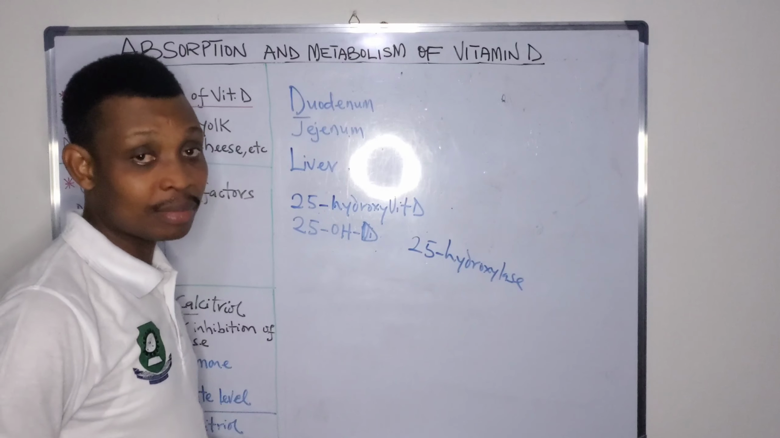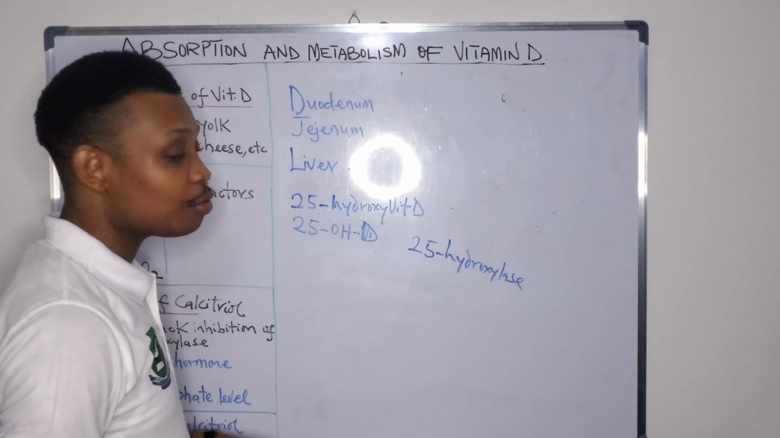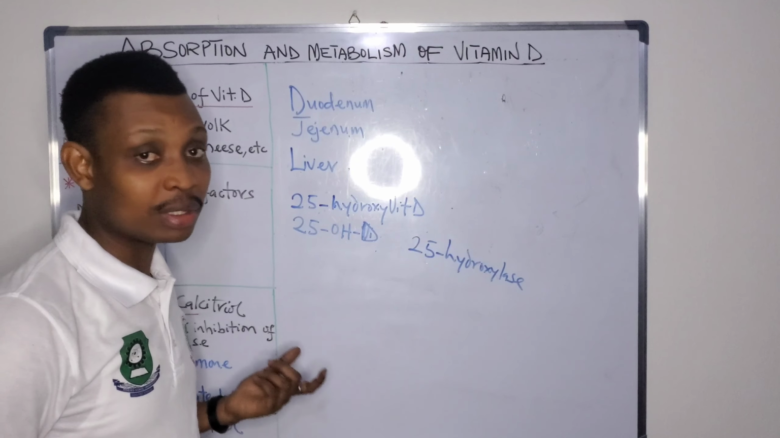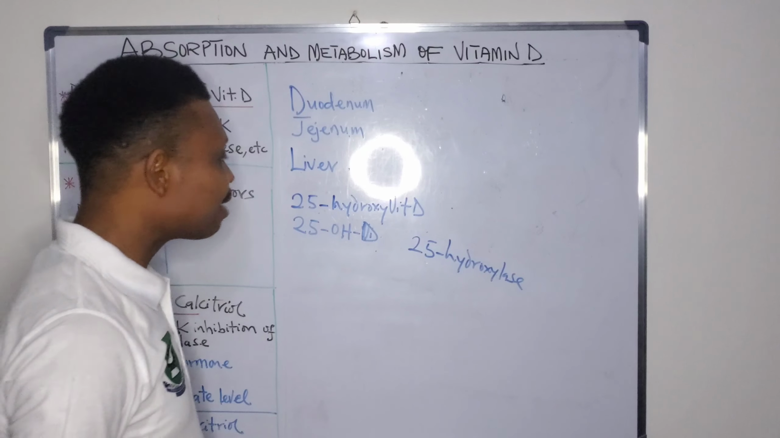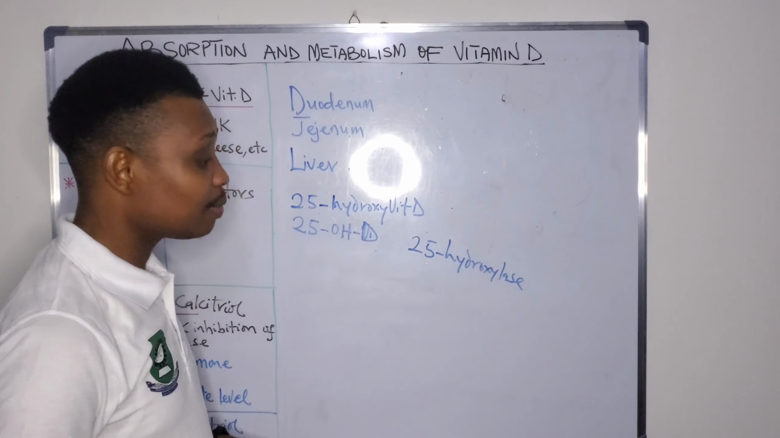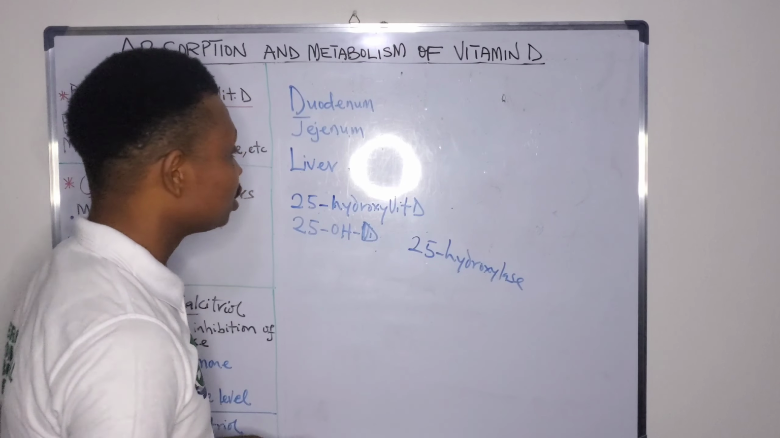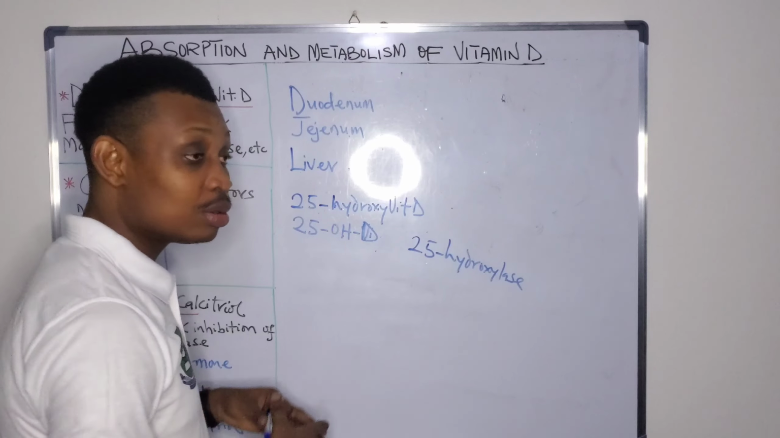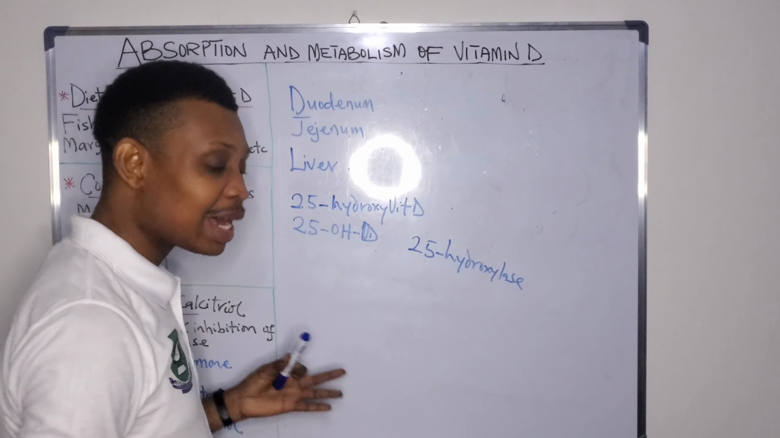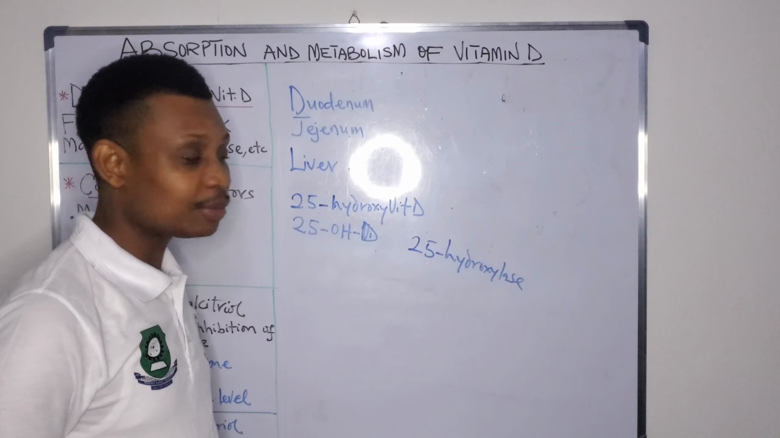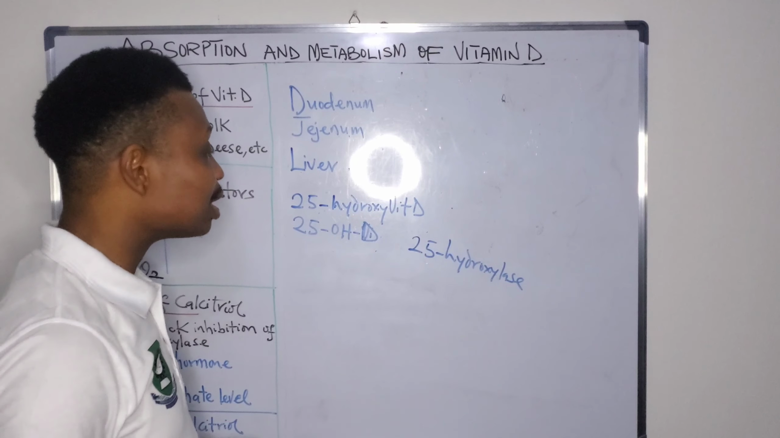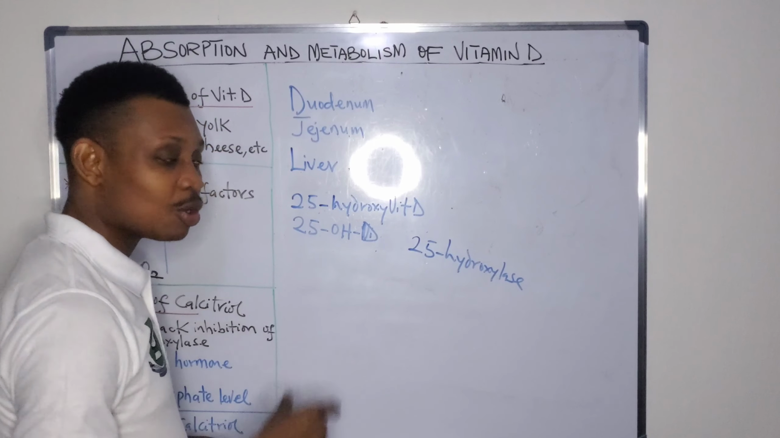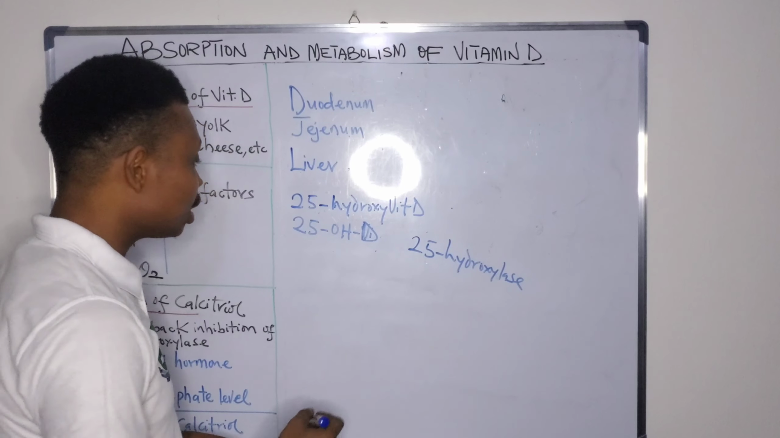So this is the enzyme that catalyzes the hydroxylation of vitamin D in the liver to form 25-hydroxy vitamin D. Now, after this 25-hydroxy vitamin D is formed, it is also released into the circulation, where it binds to, of course, serum globulin, and then it is carried to the kidney. In the kidney, it also undergoes a process of hydroxylation, but this time the process occurs in position